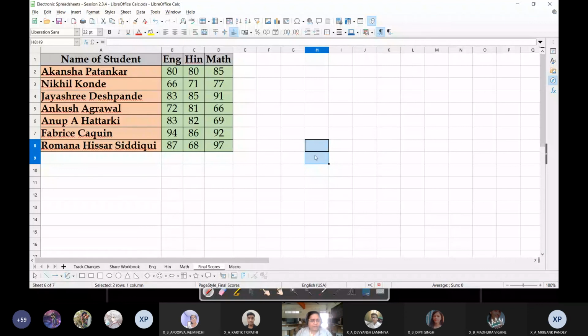What it can be very helpful for is the case where we have different workbooks, and different workbooks contain the marks of English, like one workbook is English marks, one workbook is Hindi marks, one workbook is math marks. That thing I will create when I create a video, and in that video I will include this, right? So you create separate workbooks. One is English, one is Hindi, and one is math, and you distribute them. The IT teacher has distributed these separate files to the different teachers.